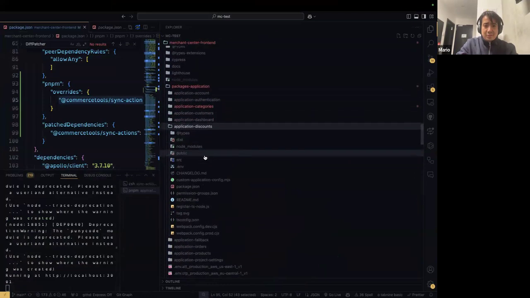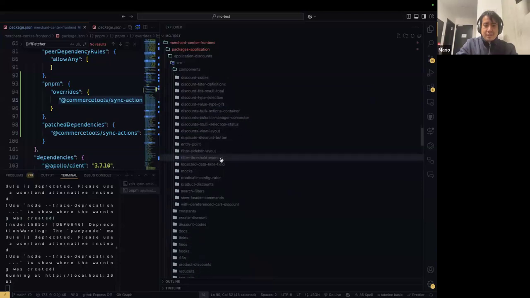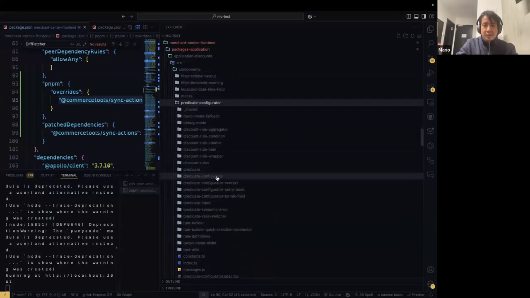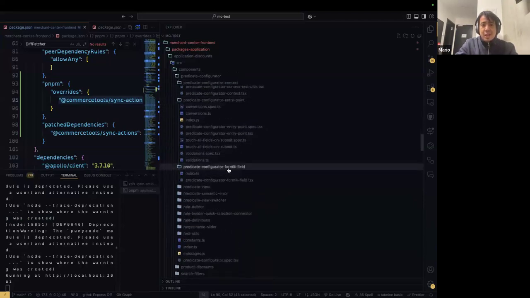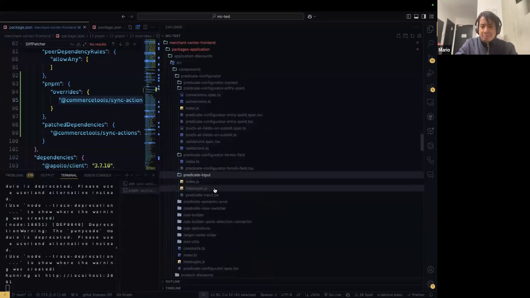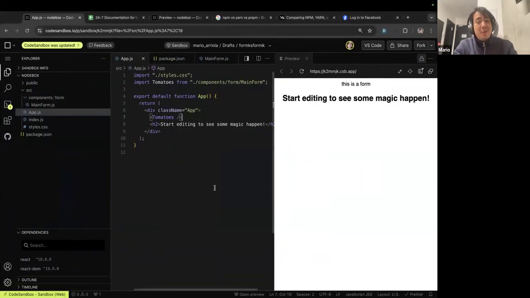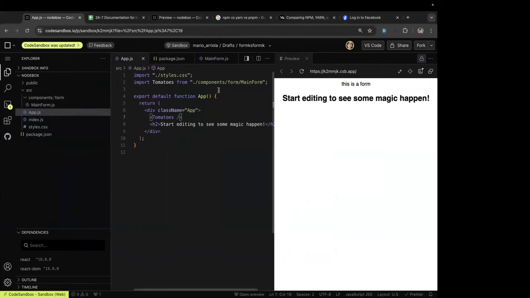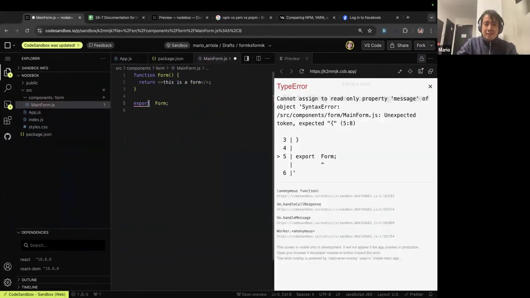I enter discounts, then CSS, then components, then discount configurator, then wherever I have it. The problem when you have a very complex application is simple: I can name this thing whatever I want, and I don't want my coworkers to name it however they want. One way to protect yourself is to avoid using